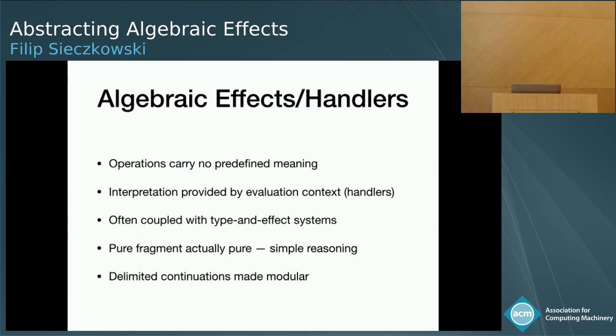And this is very, very important because it gives us nice reasoning principles, equational reasoning, beta and eta, for the pure fragment. And in a very real way, it's delimited continuations made much more modular than the previous approaches. So I, for one, would not like to write programs using the limited control operators, and I'm quite happy writing programs using algebraic effects.